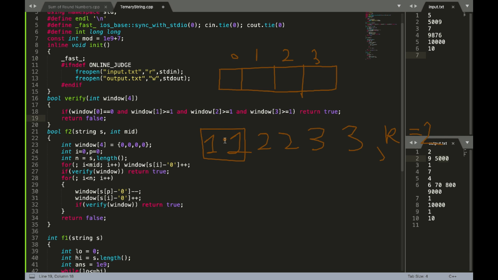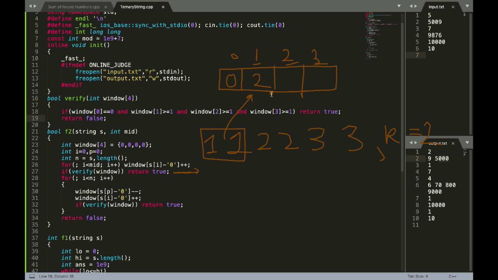then I will increase its frequency in this. So this will become 2, and for this I will first check whether I have found my window or not. This should always be 0, and the frequencies of 1, 2 and 3 should always have at least 1 in this.